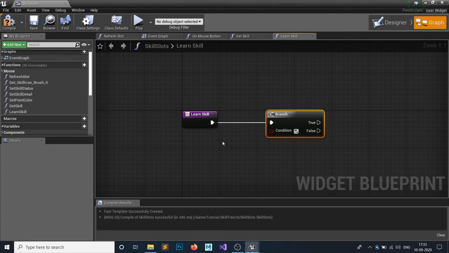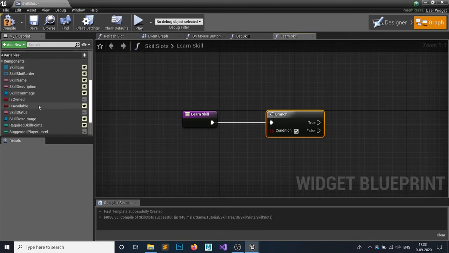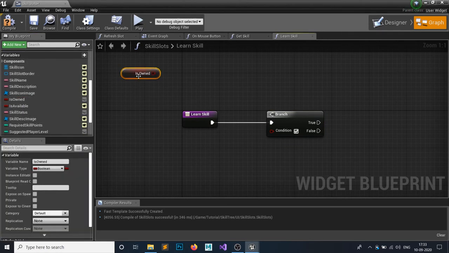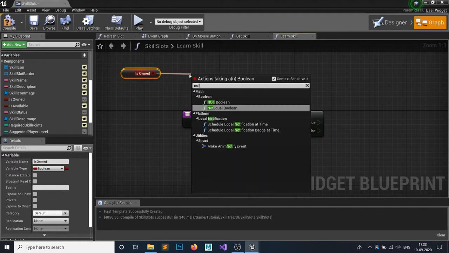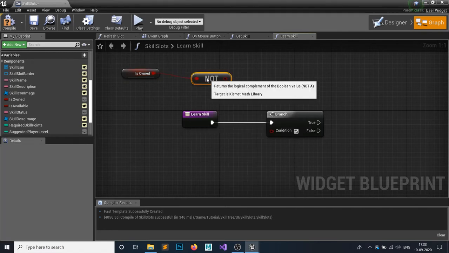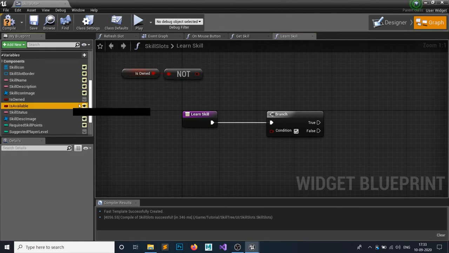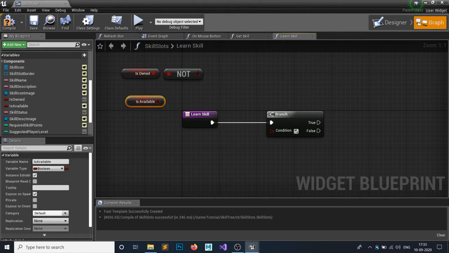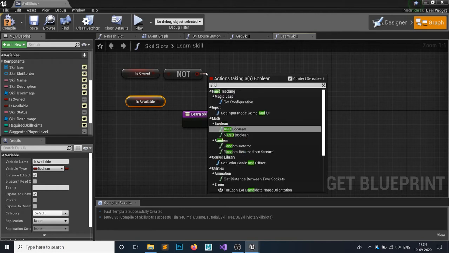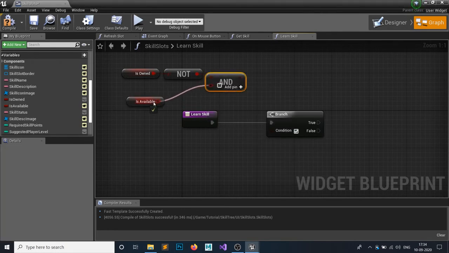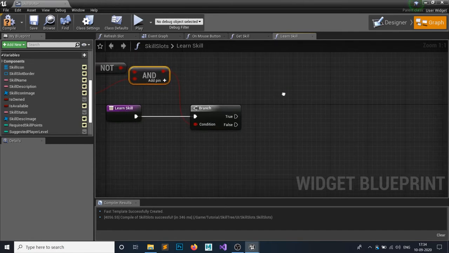Let's say we have enough skill points to unlock our skill and we learn our skill, but it's already been learned, so why would we want to learn it again? So we want to check is owned, and if it's not owned, so add a not boolean. So the skill must not be unlocked, and also this skill must be available. If both conditions are satisfied, so add an and boolean, then we're going to learn that skill.